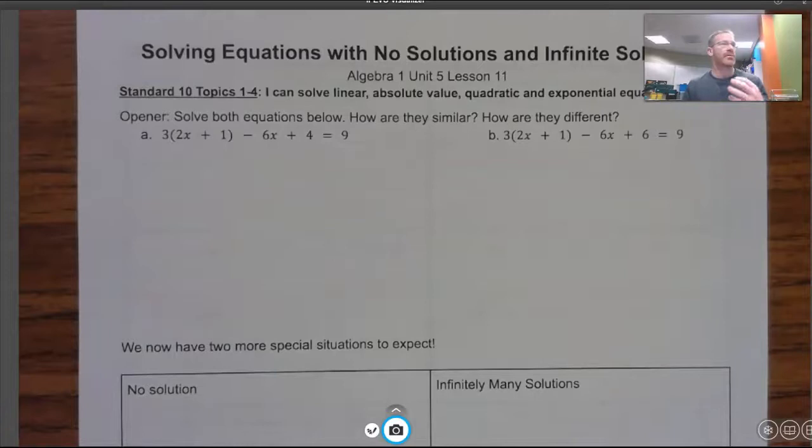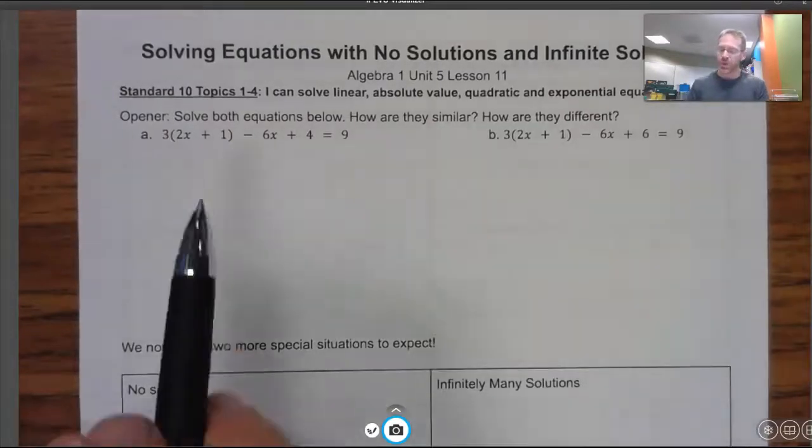Looking at our solving process, we are going to look at a couple more situations that happen when we solve. This is particular to when we combine like terms sometimes and what happens. We've already talked about solving equations and sometimes having no solutions. We're going to run into another type of situation where that occurs, where we can possibly have no solution. So here, to get you thinking about that, as an opener,